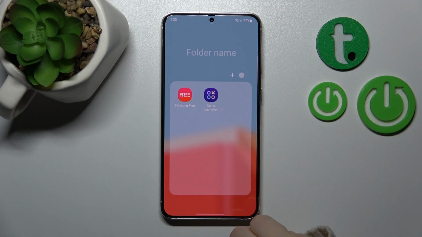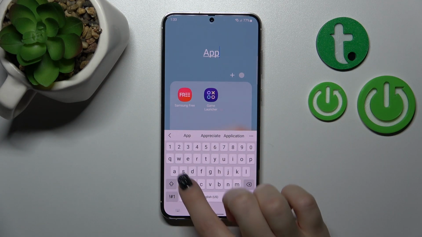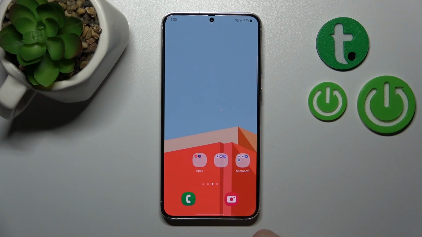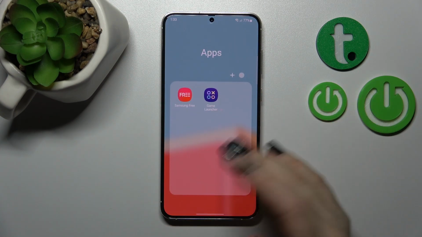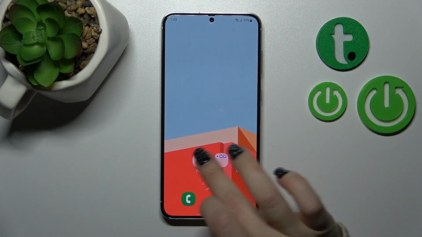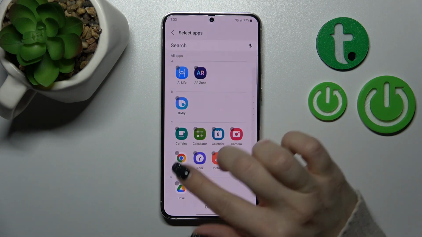If you want to give a name to this folder, just open it, tap the folder name and enter the name, for example, the apps, and tap Done. Now we can see that we successfully renamed it. To add more applications to your folder, you can also click this plus and after that